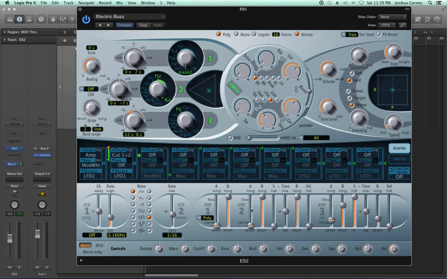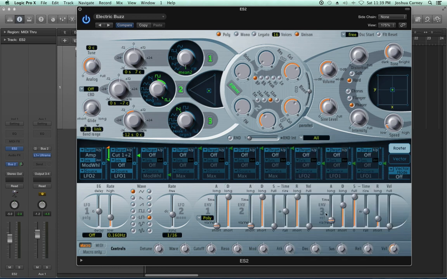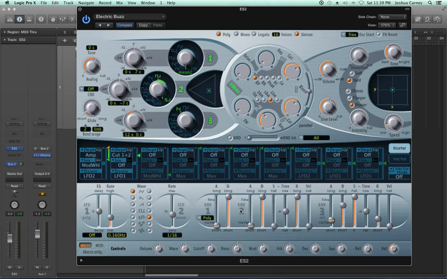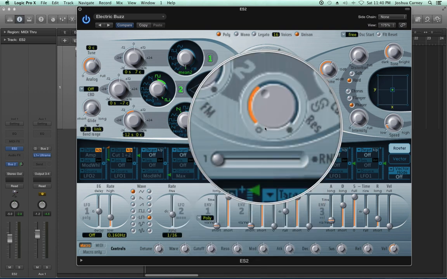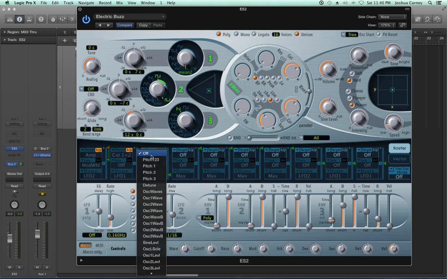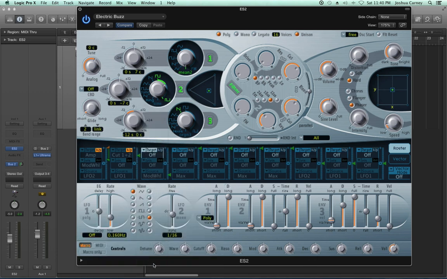Let's move over to the envelopes. Envelope 3, like I said before, is a dedicated volume envelope. Envelopes 1 and 2 are envelopes that you can use for modulation effects. So just for now, I'm going to bypass my first 2 routers because I want to control the resonance of my second filter with my envelope here. So what I'll do is I'll say target, control, resonance number 2. There's resonance 1 as well,